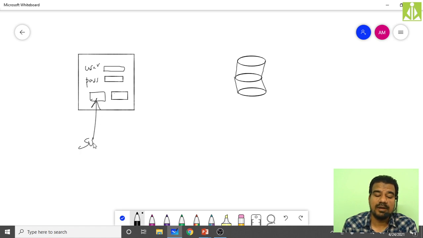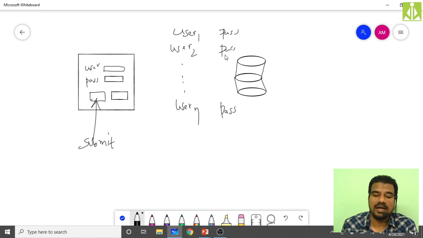When you click on the submit button, what it has to do: whatever credentials you have entered over here, it quickly goes to the database and needs to check those credentials in the database. In the database, we are going to have all the credentials, all the user details. Okay, user 1 followed by his password, then user 2 followed by his password. Likewise, we are going to have n number of users, finally user n and the equivalent password. We have all n user details inside the database in the form of a table.